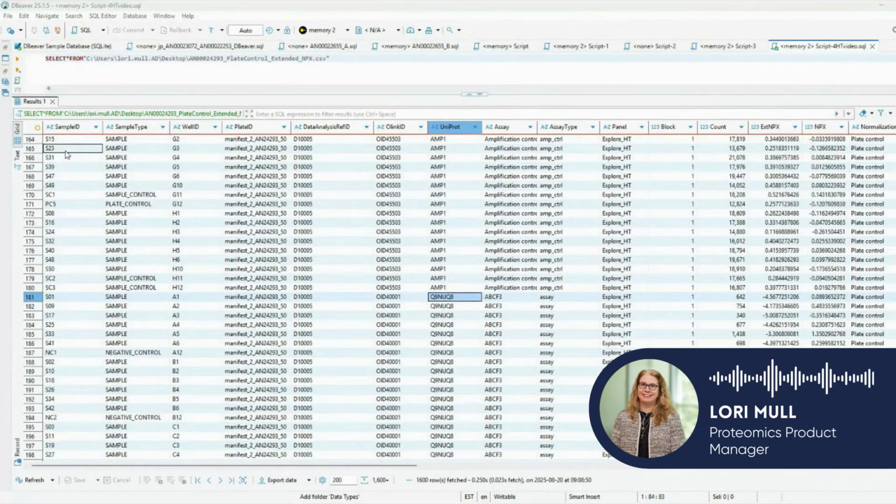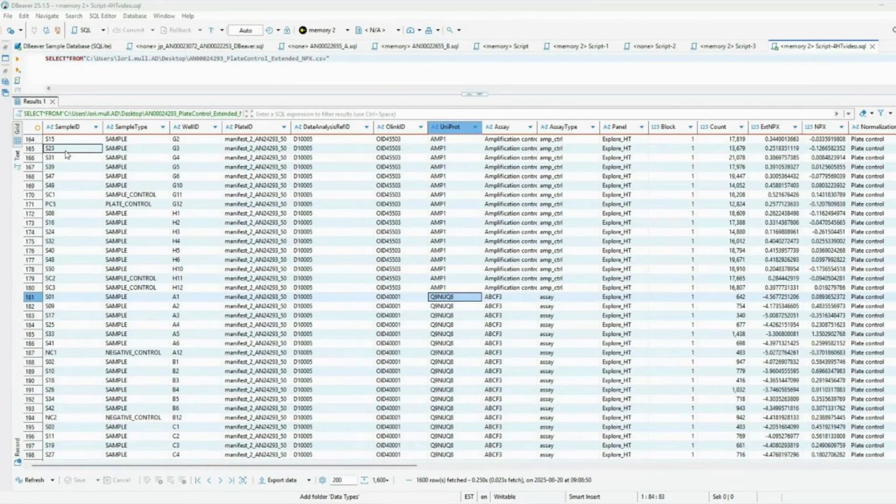This is Olink HT data in a Parquet file. The sample ID comes from the sample manifest. The sample type indicates whether it's a sample or a type of control. The well ID and the plate ID are utilized by Psomagen's bioinformatics team when they QC the data to ensure